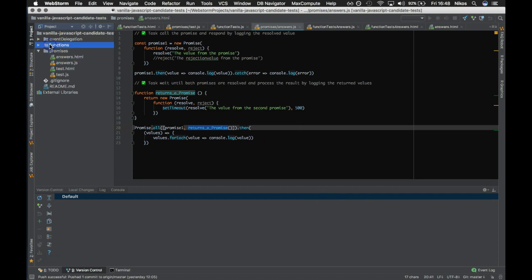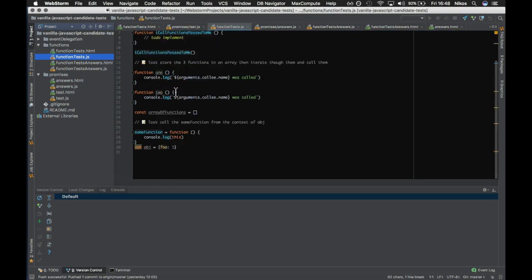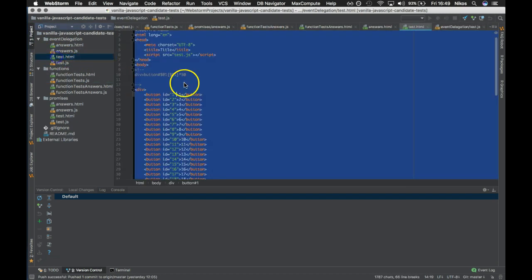Then we've got this other one, which is functional tests. So this is basically storing the functions in arrays and calling them and checking the context of this. Nothing very fancy. And then this other test, what we do is we give them a bunch of buttons, and